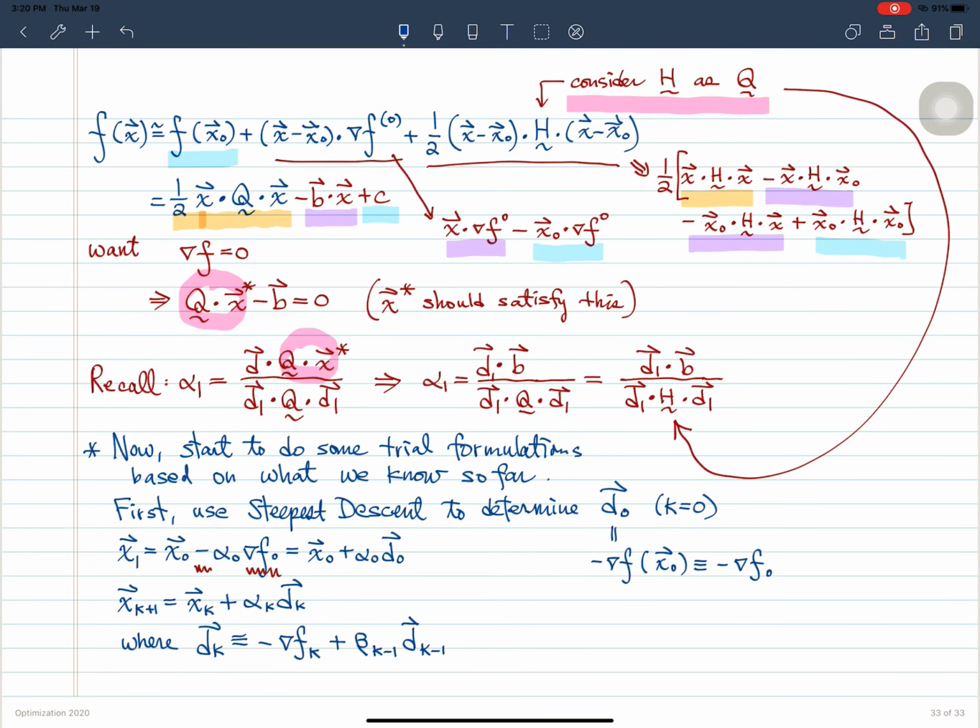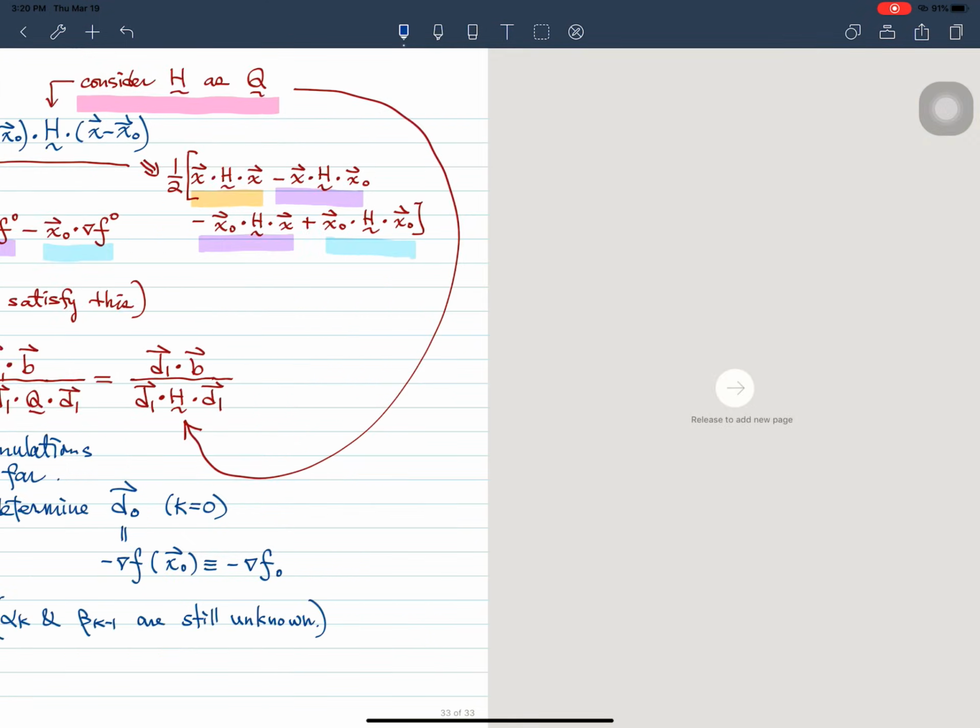So far we have some unknowns. We don't know alpha k. We don't know beta k minus 1. So alpha k and beta k minus 1 are still unknown. So we need to figure out a way to determine these two. And we wish what? We wish